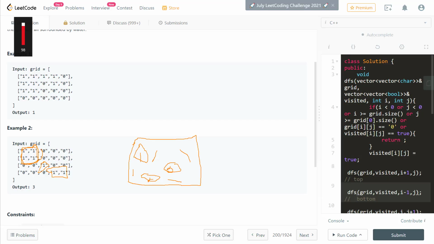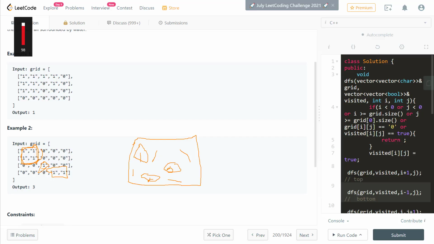So what are we going to do? We know that the ones represent the island or land. So whenever we see a 1, we know that it is part of an island, or it is the only island, as in this case, where there is only one 1 and this is the island. But in all other cases we have a group of ones. So our task is to find how many ones are connected in such a way that they form an island which is completely compact together. So how are we going to achieve it? We are going to use some simple graph concepts. We are going to use DFS traversal in order to find the number of islands.